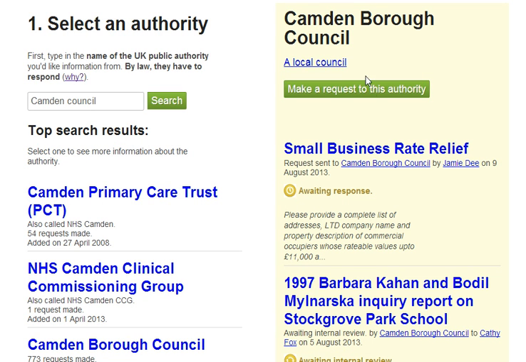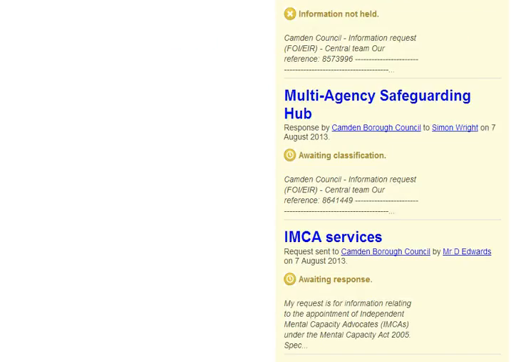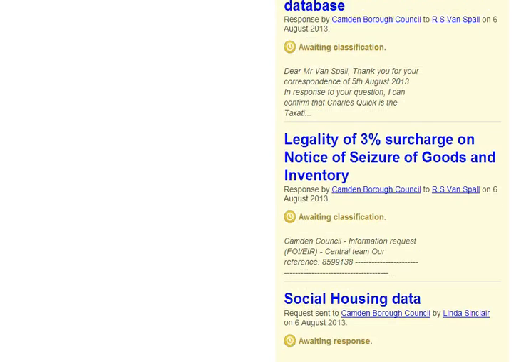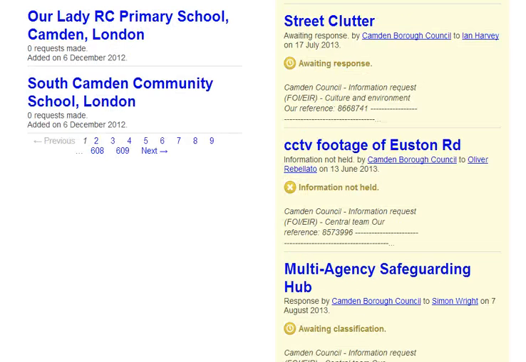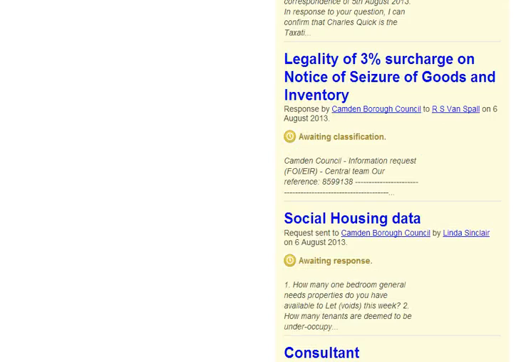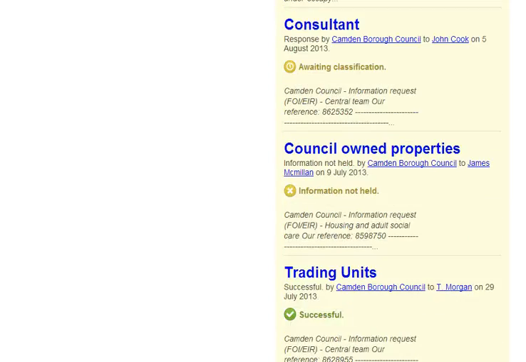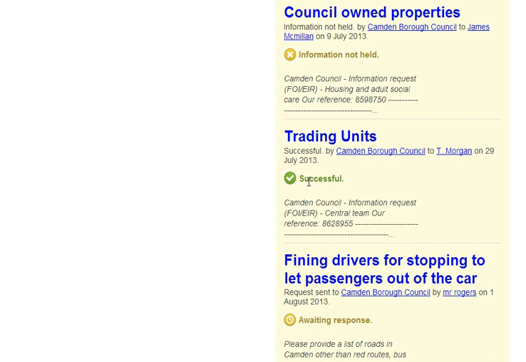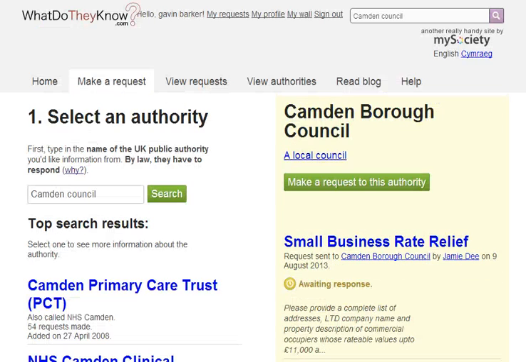And on the right hand side here you've got the button Make a Request to this authority. But before I do so, it's sometimes worth just scrolling down to see what other Freedom of Information requests have been sent to this authority, and you'll notice that in some cases you've got a little icon here, awaiting response, information not held, giving some indication of what's going on. And in fact there are a lot of requests waiting for response. Here we have a successful one, a green tick box indicating that that request was answered. Anyway, back to the top, click on Make a Request to this authority,